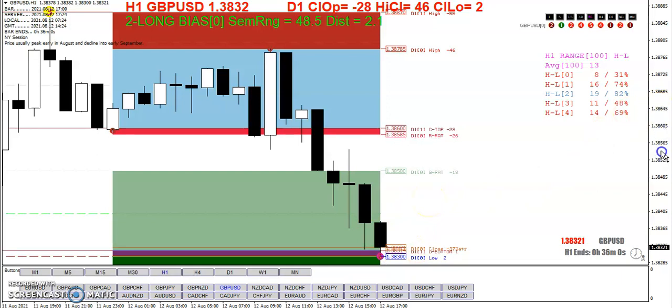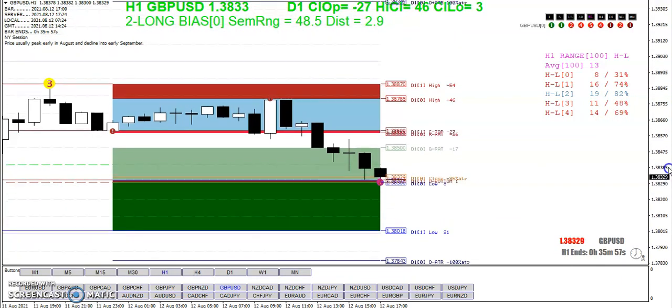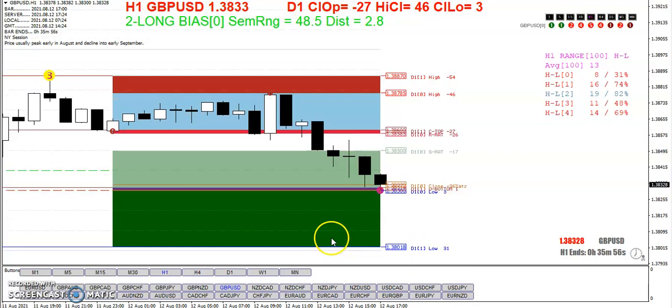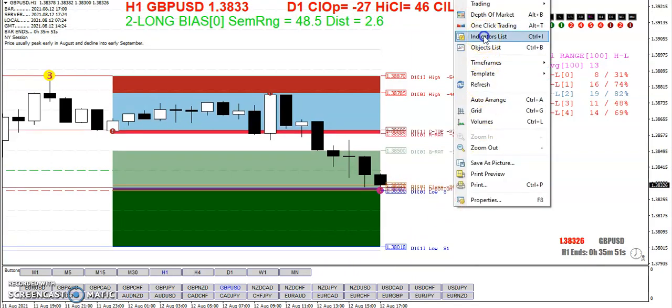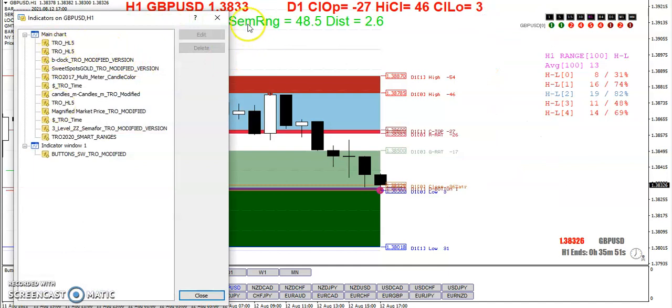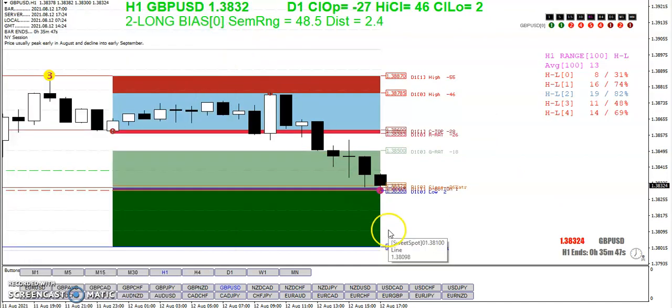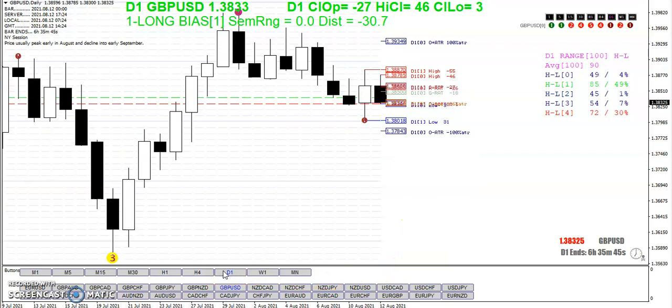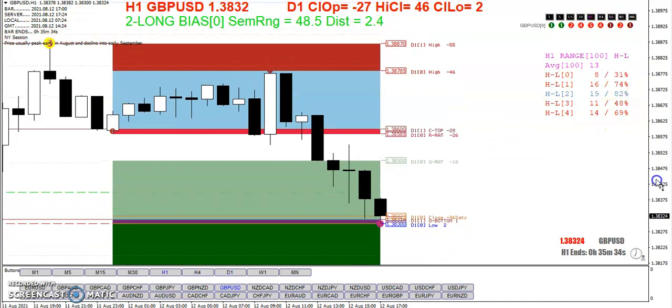We're also, it looks like, in yesterday's wick zone. Not quite. Just barely. So if we put that back on,